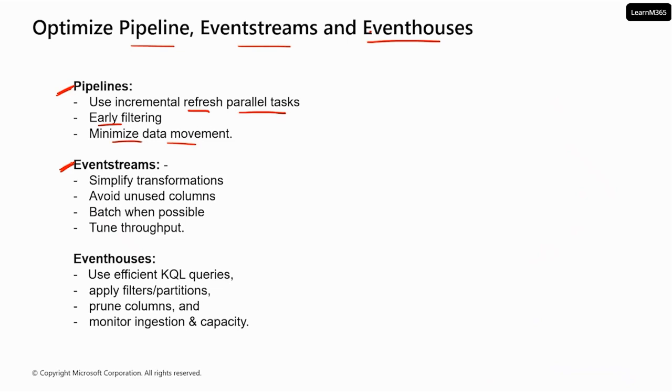Talking about the event streams optimization part, if you want to optimize your event streams, you have to ensure that you simplify all the transformations. You use simple transformations. You avoid any unused columns in that case. Batch when possible, tune throughput, which means you should batch it whenever possible. You should tune the throughput in such a way that you are optimizing the performance of your event streams. Same way for the event houses, you have to use efficient KQL queries. For the event house, make sure you are using some efficient